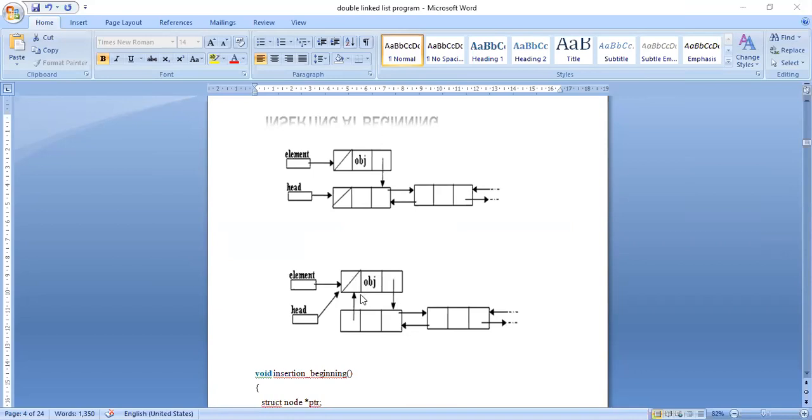Okay, so I have to make this previous part as null. Now in the next part, what I have to keep? I have to keep the value of head, because head is pointing to this first node.